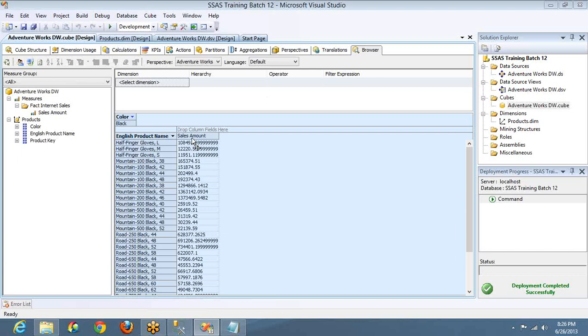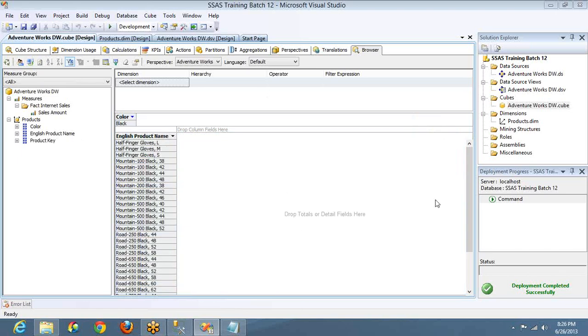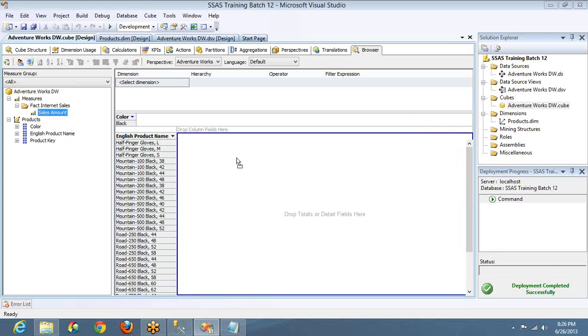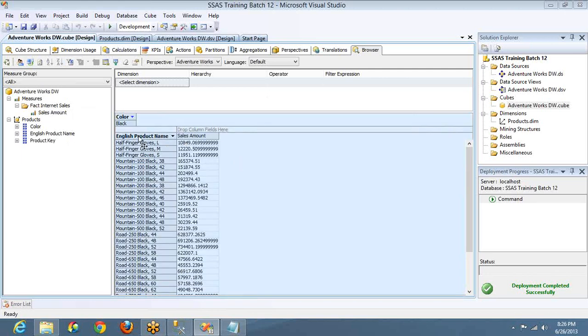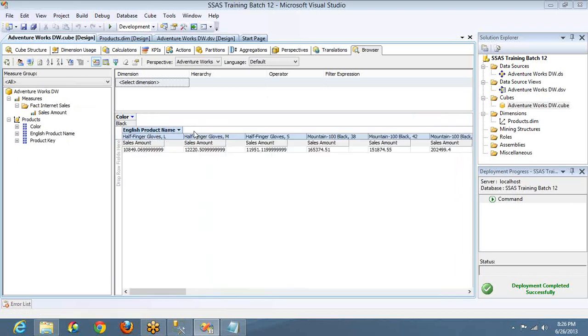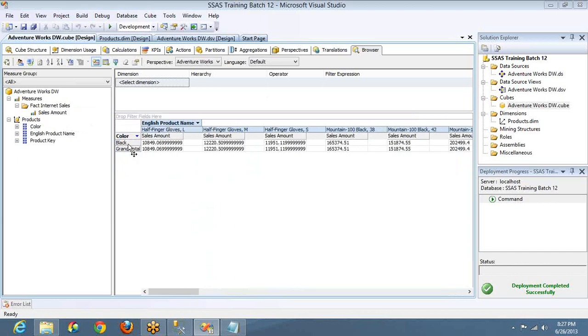And if you observe here, the measures section is to drop totals or detail fields here. That means measures, metrics. So this section is to drop only metrics, and in columns and rows you can add attributes. Columns, rows, filters. Now I dragged English product name to columns. See how the data is showing. If I put it here, it is showing only black.